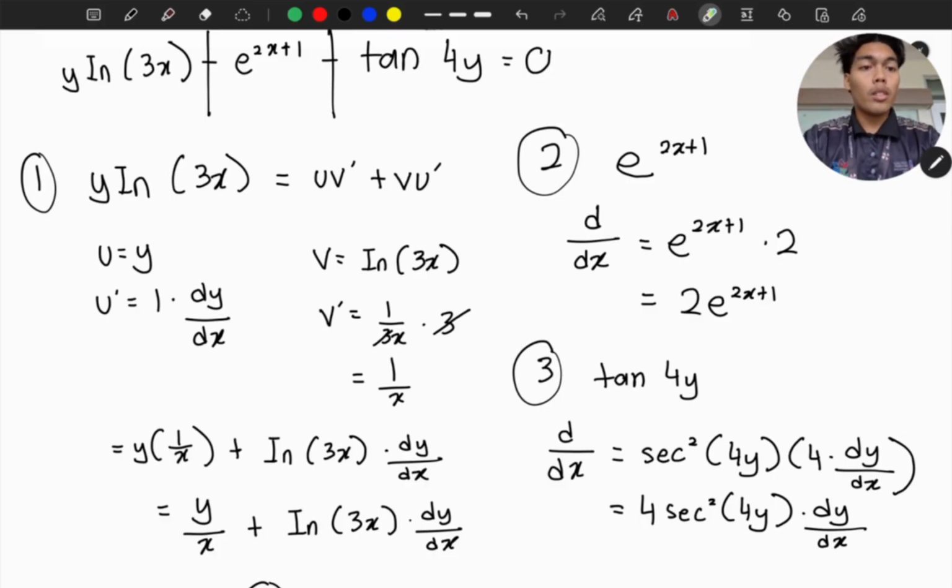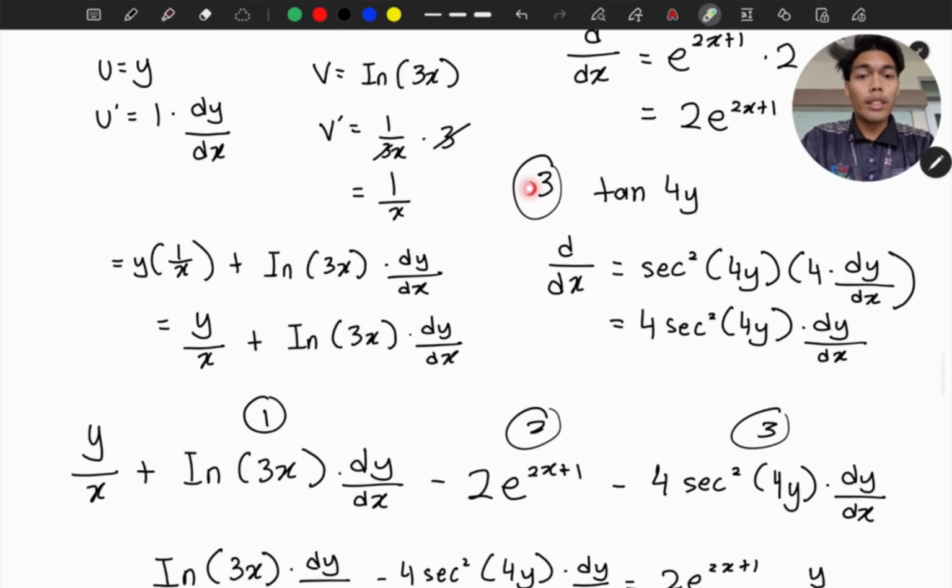Okay, to solve term 2, exponent 2x plus 1, we need to use d over dx. So it's simple. For the exponent, we need to multiply by 2. So we just bring the 2 in front, so we get 2 exponent 2x plus 1. That's all. Okay, so for the third term, tan 4y, we use the same approach as the second term, d